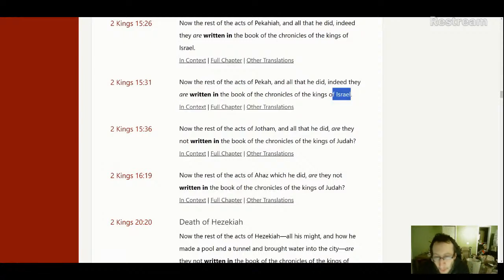The reign of the kings of Israel ends around the time of Hezekiah. That's still a good 150 years or so before the destruction of the first temple. So 1st and 2nd Chronicles goes all the way to the end of the first temple being destroyed. But if there was a book of the Chronicles of the Kings of Israel, it would have only gone to the time when Israel was destroyed as a nation. And that would have been in the time of Hezekiah, when the kingdom of Israel was destroyed. Samaria was destroyed.